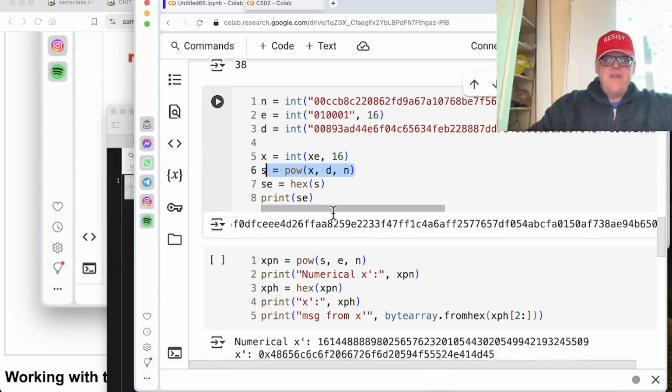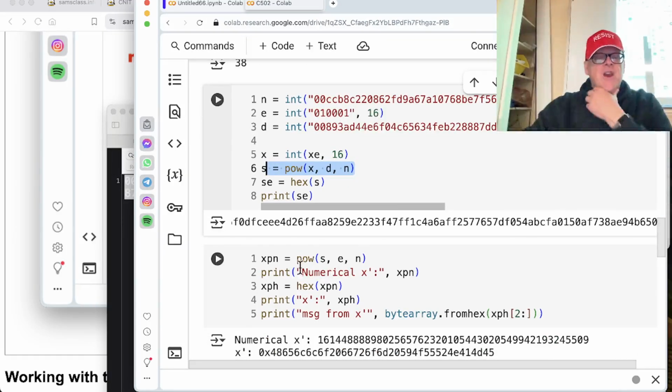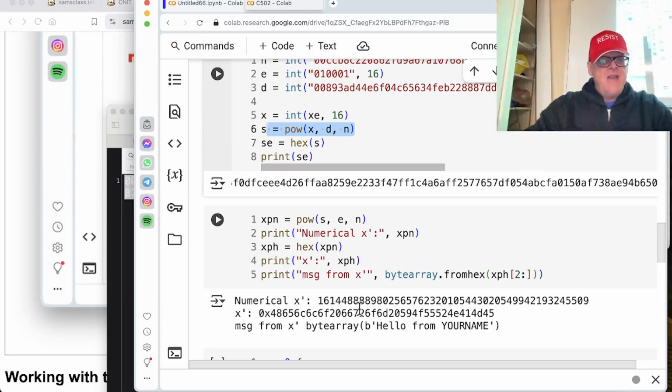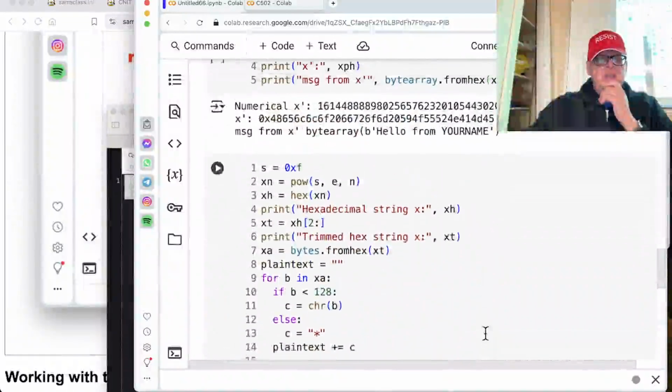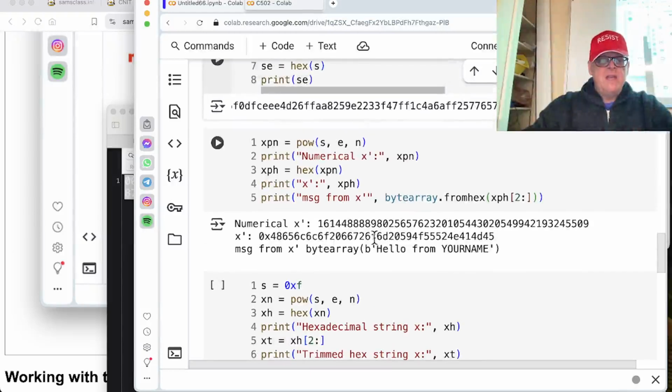So that S is the signature, and now this is verifying the signature. So the person who receives it will take S to the E mod n, and they'll get the X, this is the X prime from the signature, and then they'll just take the message and see what that is, and here's the message recovered. And I think the point is,